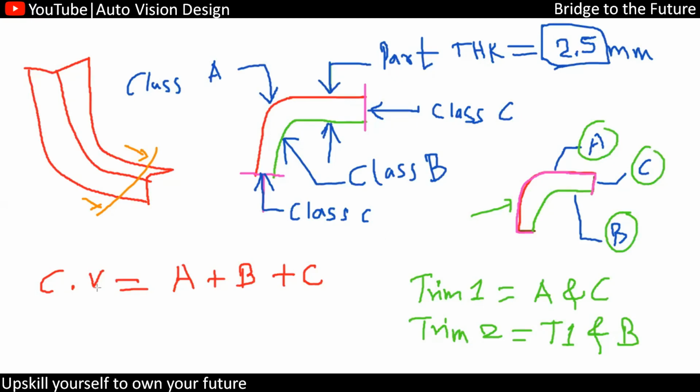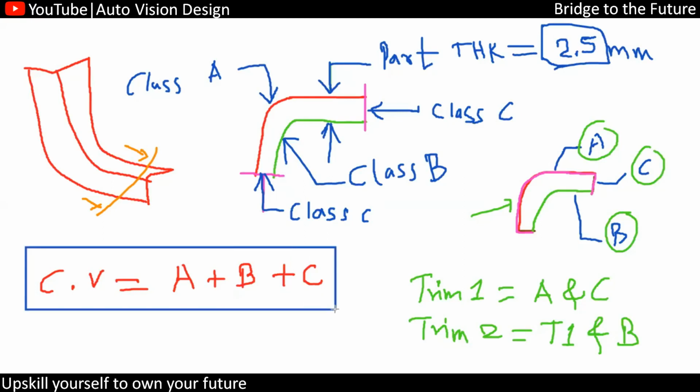Many people have a doubt with respect to the closed volume, and they fail doing this closed volume in the CAT test. So always make sure whenever you trim class A to class C, if they're not going to trim, take an intersection and check for that. Even here, whenever there is a condition where the surface is also not getting checked, in this particular condition also find class trim one, what we have. With respect to this, sometimes they face the issue.